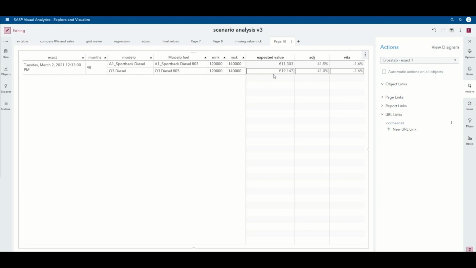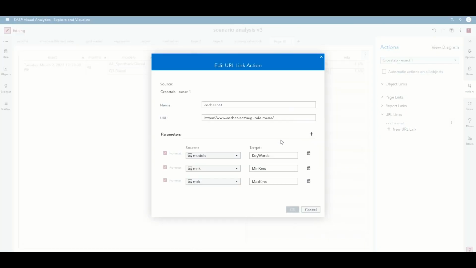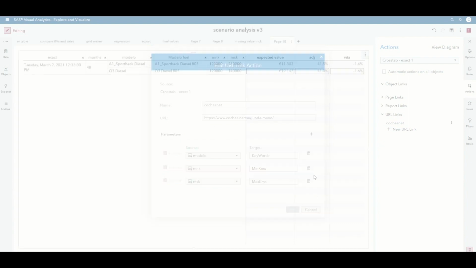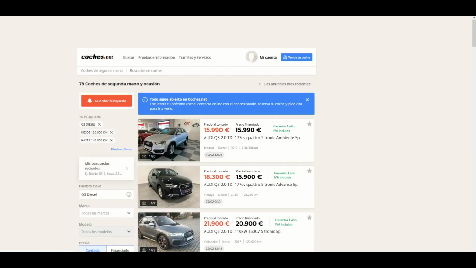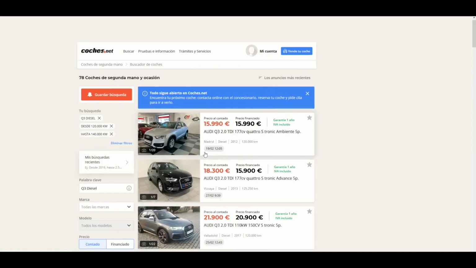We are talking about a car which is 4 years old, and we've created a price range which we will use as a filter. Now with a cross tab, we can use a URL link and we can pass different parameters to a specific web page. So now we click here, it takes us to this page.